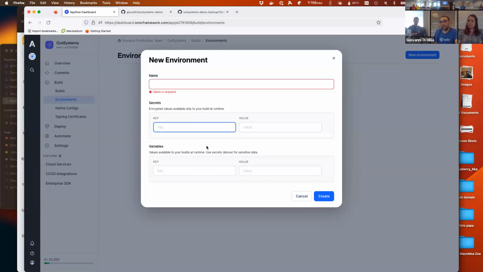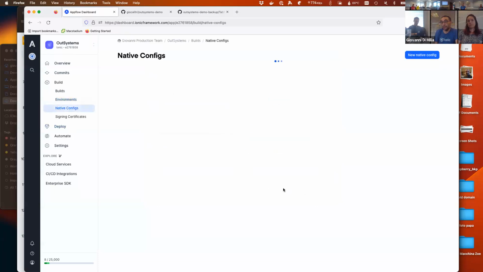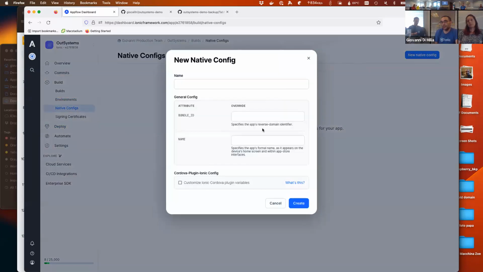You can specify secrets and variables. The difference is that the secrets you set once and you will never see and never be able to retrieve them again. Native config is a different flavor of environment variable. The difference is that you can literally override the app bundle ID and the name. That's because of Apple especially, the signing certificates are tied to the bundle ID.